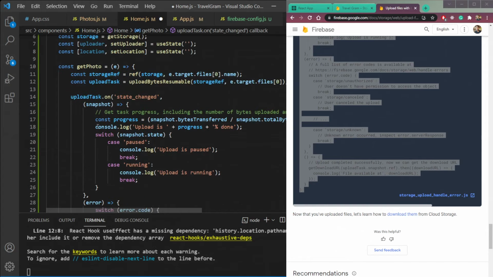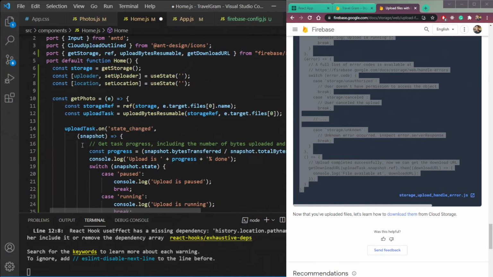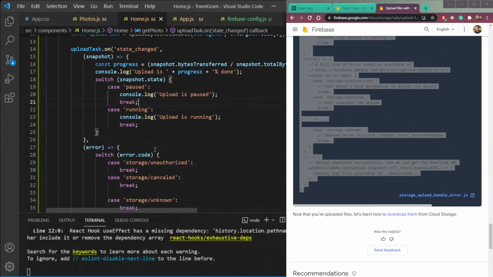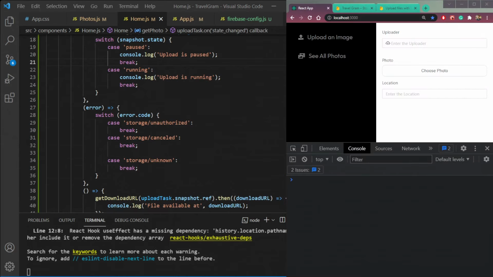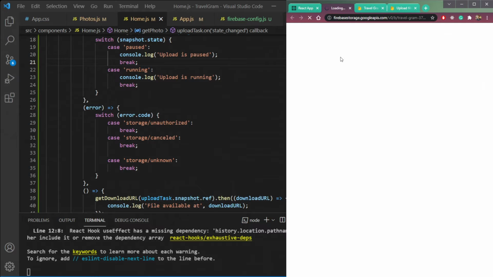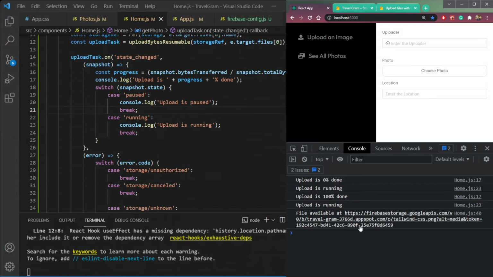And here this is the percentage meter of how much the file has been uploaded to the storage, Firebase storage. So this is that. So let's check by uploading one image. So just select an image here, choose photo, and choose any photo. Let's see this Tailwind CSS image. So it's running, it's done, and the file is available at this link. So if we go to this link, we will see our file. See this image. So storage is done, and it is returning as a file link here.